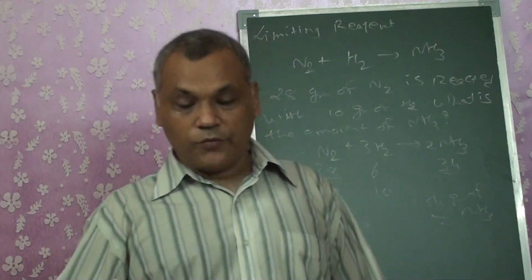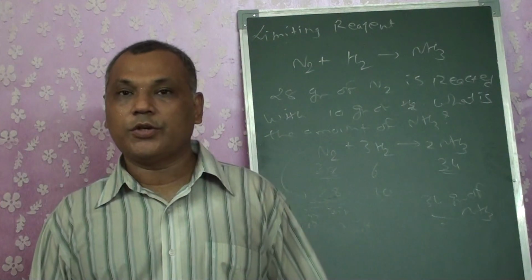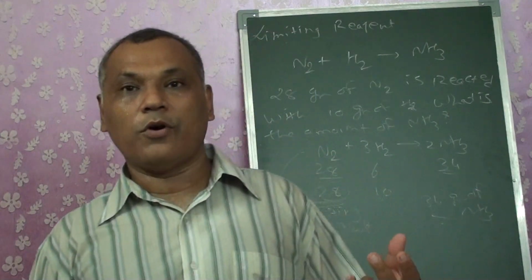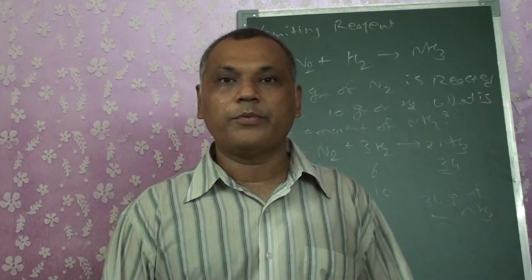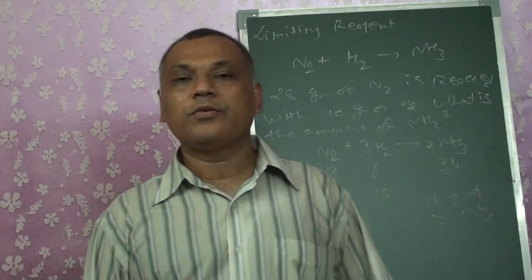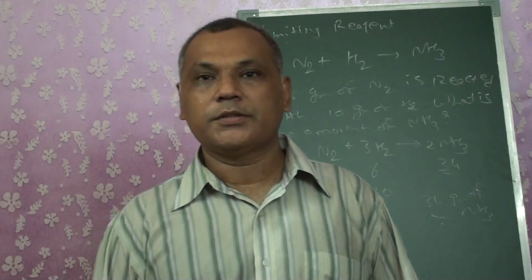Okay, that's all for today's lecture. We did two of the factors. One is percentage composition, how to calculate the percentage of the atom in the compound from the given compounds, and the second one is limiting reagent and how to find out the products by using the limiting reagents.